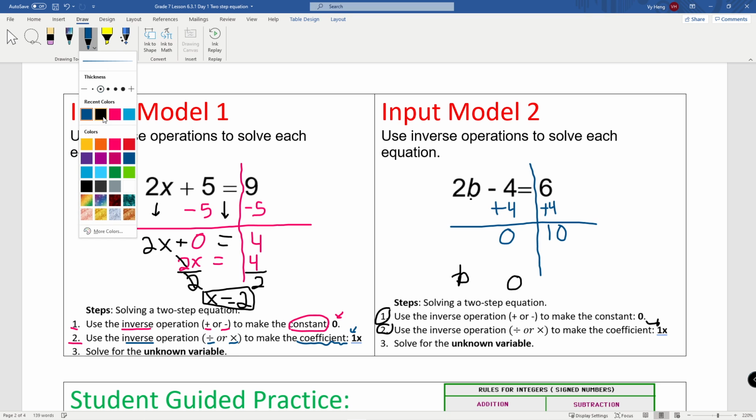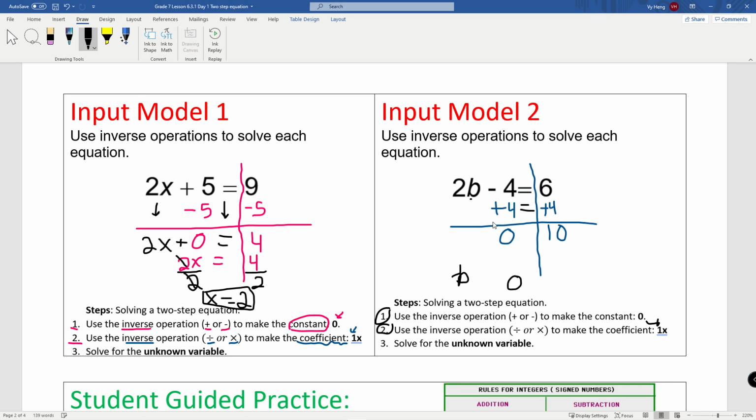And then you want to bring down the equal sign, right? Right here, equal sign. Oh, my bad. Nope, don't put it there. You want to go ahead and pull it down. Put it down here, which is equal. And then you want to pull down 2b, which is right here. And then it doesn't matter which one you use. You can use minus if you want. It doesn't matter. So now you made it 0. So I'm going to erase that 0 away because it was just a reminder. And then 2b minus 0 is going to be 2b